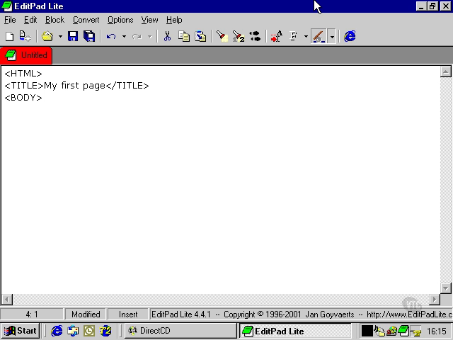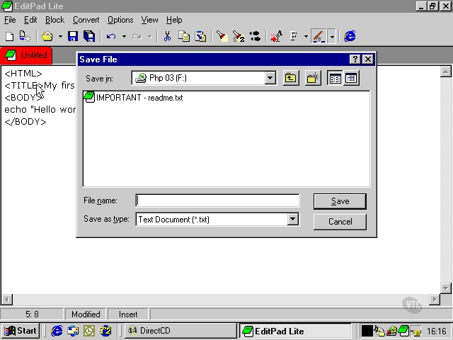Let's use that line of code that we used in our example at the end of the last chapter for our Hello World script. Now you may spot that there's something wrong with this. So let's see what happens if we try to save that to our document root,